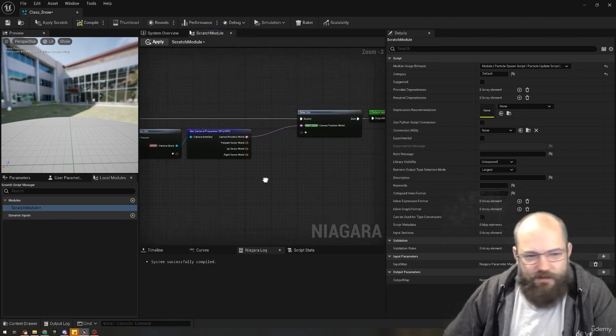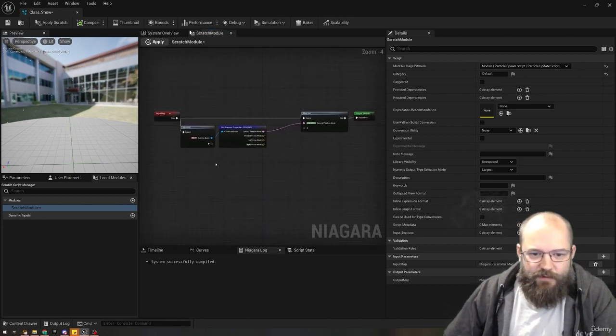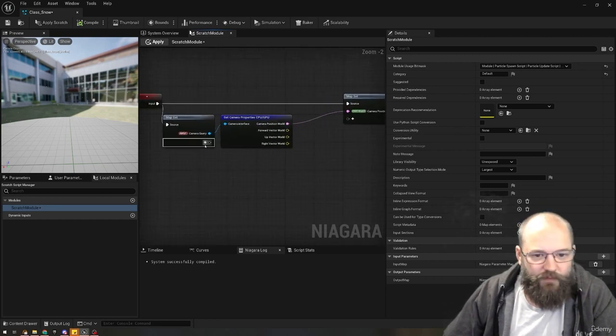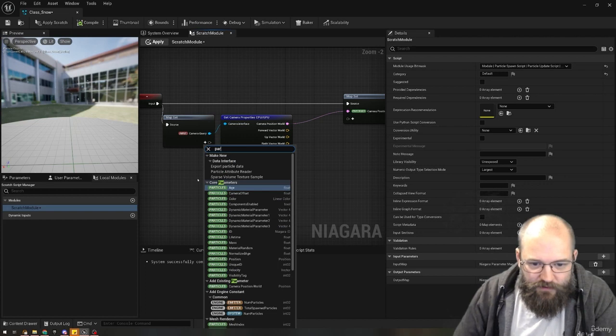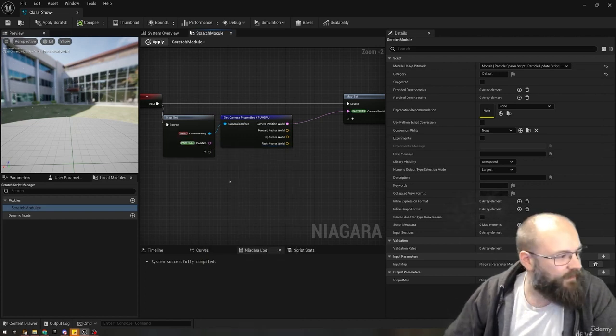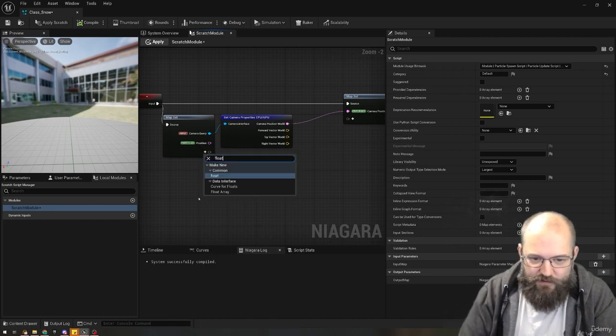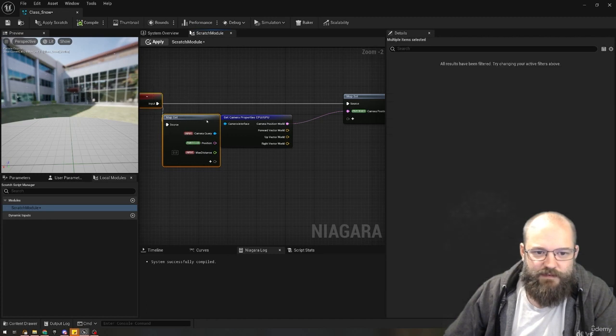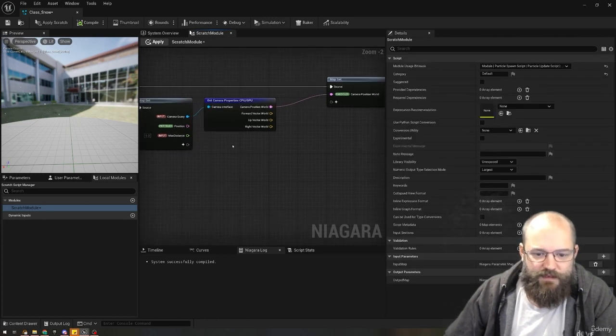Okay, actually, let's do it within the module itself. That's what we did before. So we get the camera query, we get the camera position. We want to have the particle's position. That is just an item of data we can grab. And then we also want to have a user parameter, max distance. So what's the maximum distance between these things? And then there is a